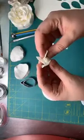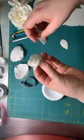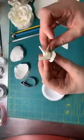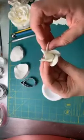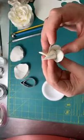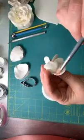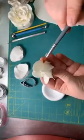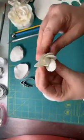So I'm just gonna tuck these guys over, and I'm just tucking them on the bottom as well. Let's wrap this around. And that next guy, we can fit him in. I'm not worried about it being all perfect and symmetrical, right? We want it to be uneven and natural. Let's do my edges. I love making flowers. I feel like it's just